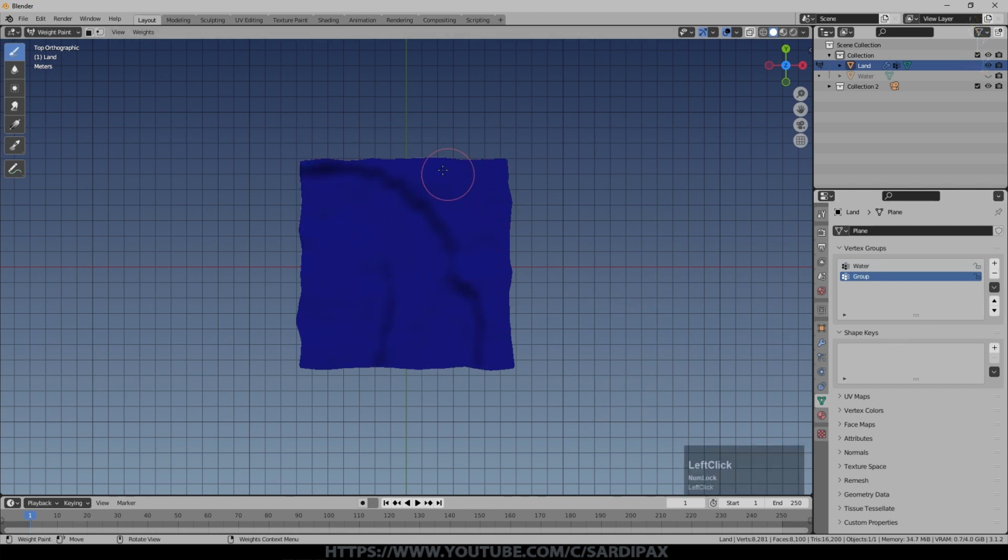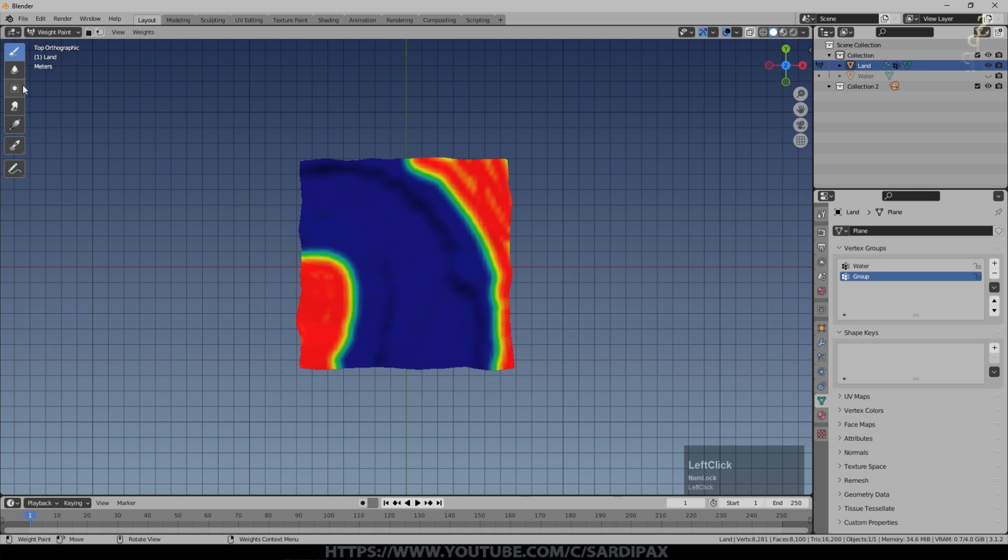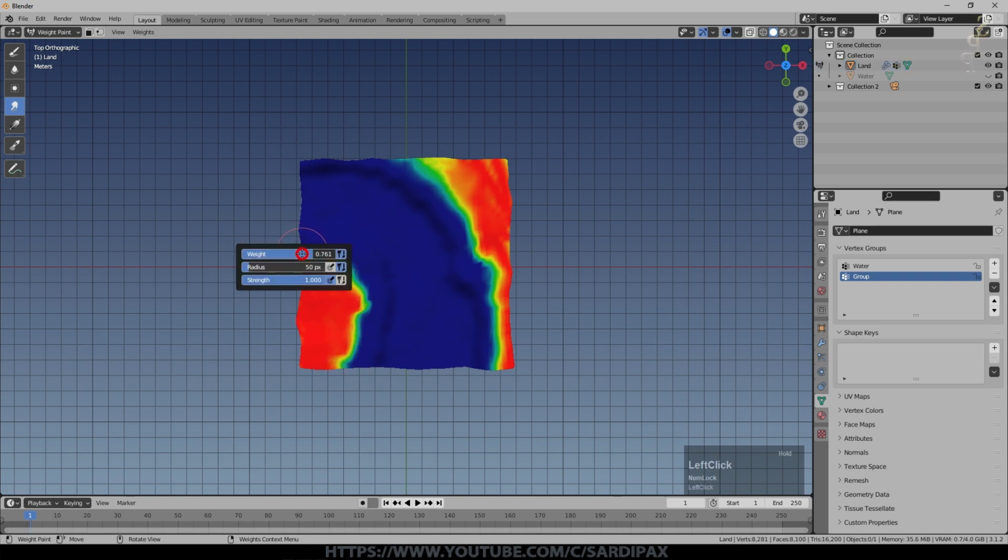I'm going to add a new vertex group and I'm going to colour in somewhere around here and perhaps here as well. Maybe even here, and this is going to be my trees, so we'll blur that one. We can even smudge it, as you can see, and that's good because it means we haven't got a hard line of where the trees will be. There'll be a fall off element to it. So if you right click, you can change the weight, so I'm just going to turn that down slightly so we can get a bit more variation.